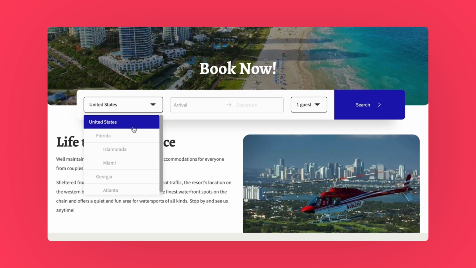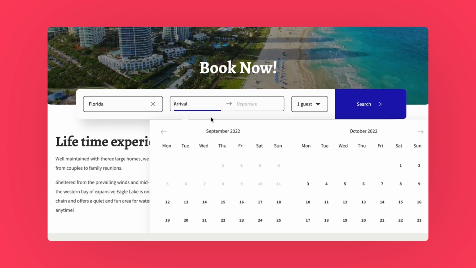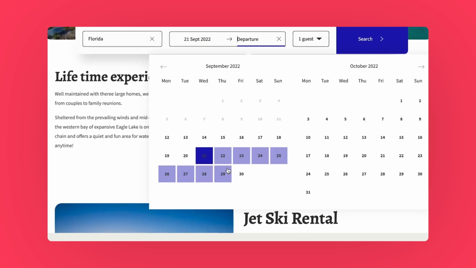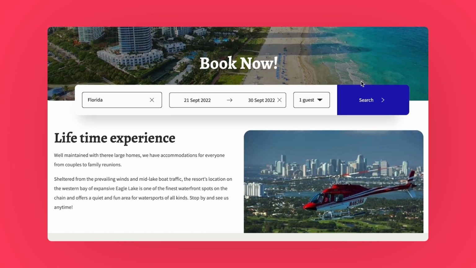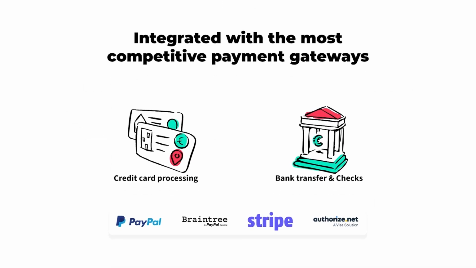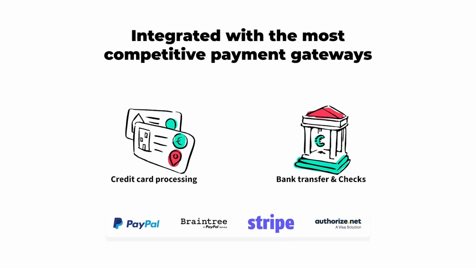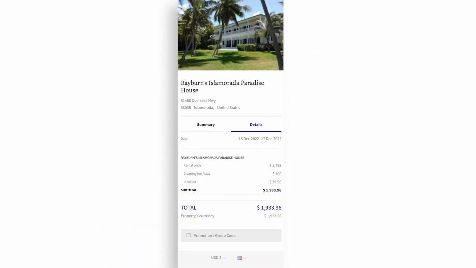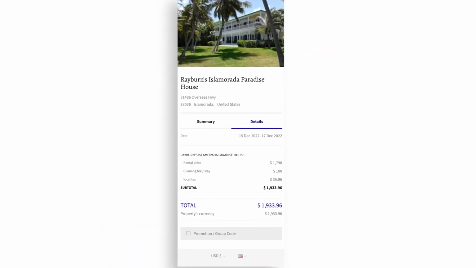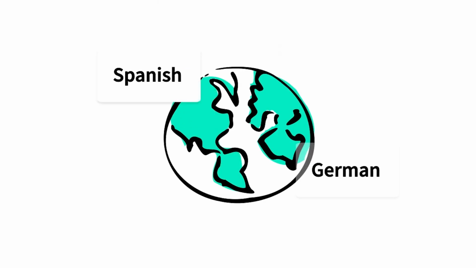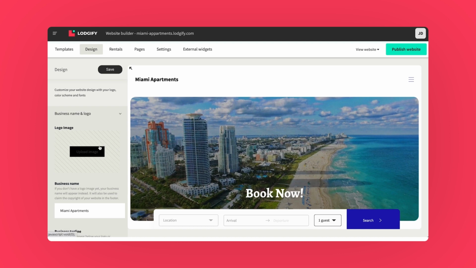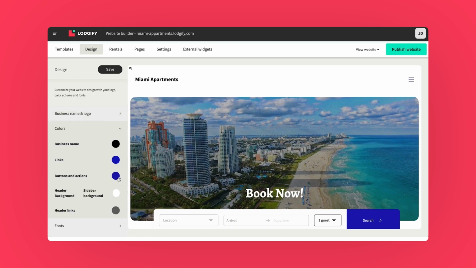Next, let's go through the entire booking engine, where visitors will be able to select the number of nights and guests staying at your rental. If you already have a website with an external provider, you can also embed our booking widget and turn lookers into bookers. We work with different payment processing providers such as Stripe, PayPal, Authorize.net, and Braintree. These are fully integrated into our booking engine to process payments from all over the world. You'll also be able to add your business name and logo, customize the colors,